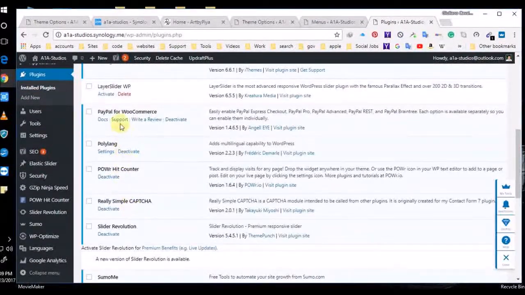It works with WooCommerce, so everything should be under WooCommerce to fix any settings, because you have to link your PayPal to your bank